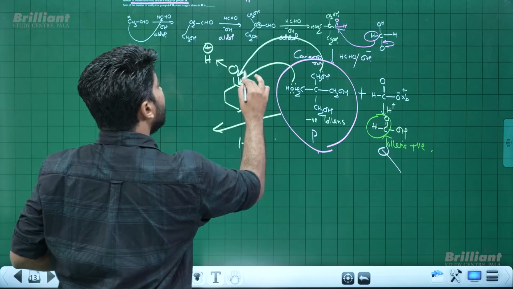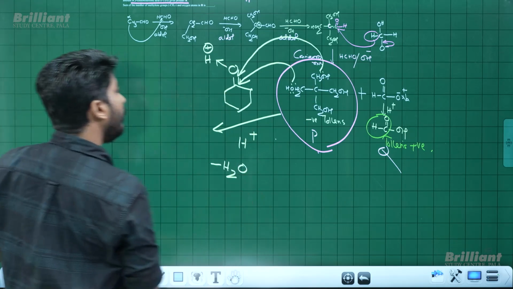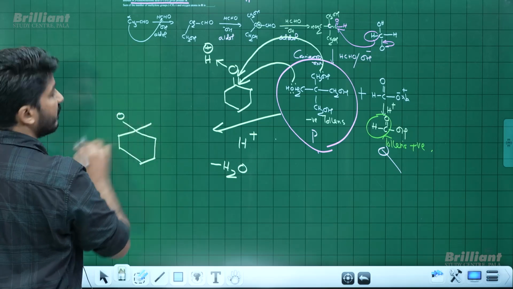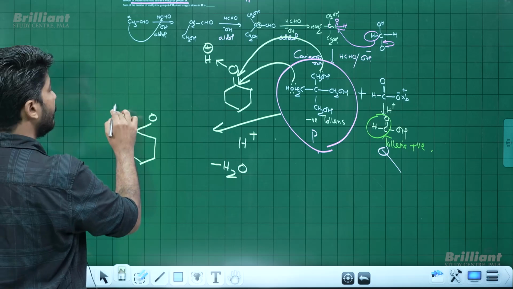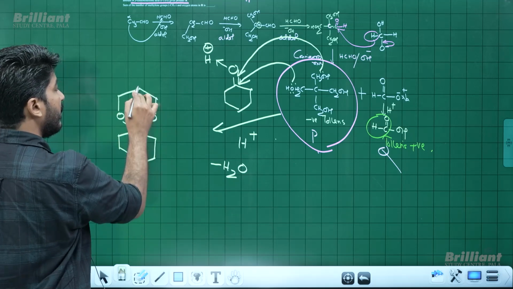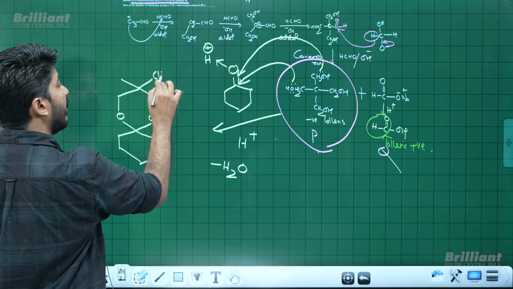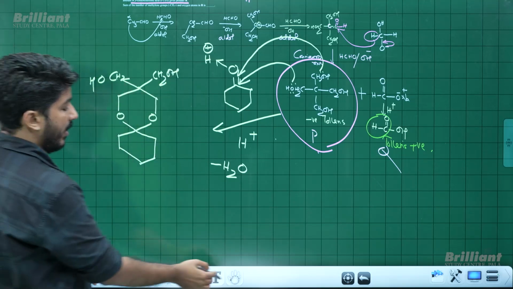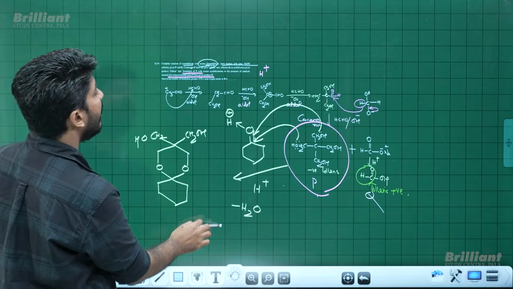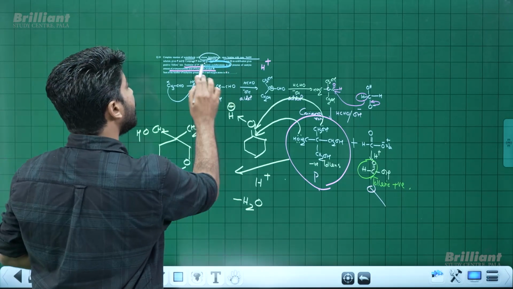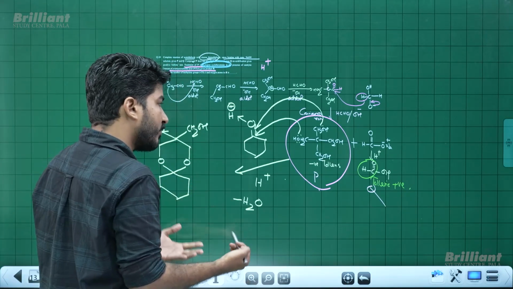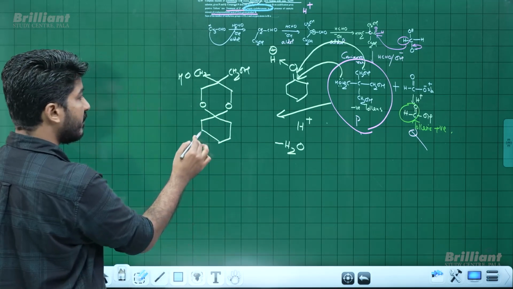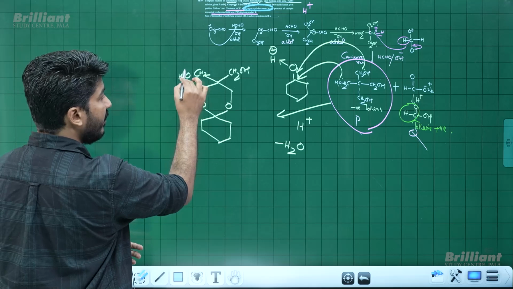Again, one more reaction occurs that leads to H2O removal, and we'll be getting a cyclic ketal like this, with CH2OH, CH2OH. This is the product. And they have clearly mentioned that they are using excess of cyclohexanone. So more amount of cyclohexanone is available in the medium compared to P. So again this is going to act as a diol,